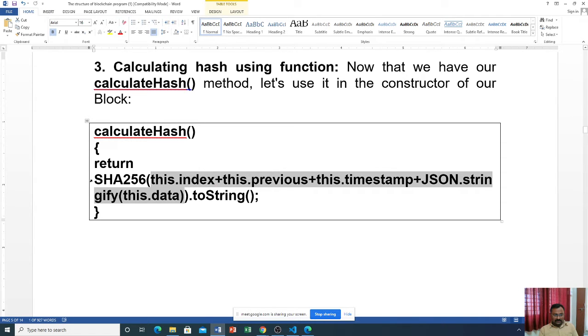This SHA function is used on this data, and it creates one string, and that string is returned to the function, that is calculateHash.